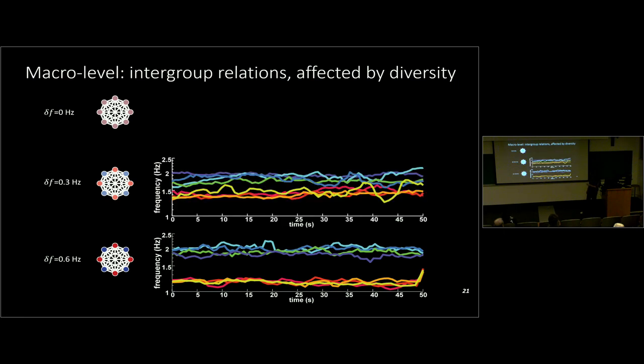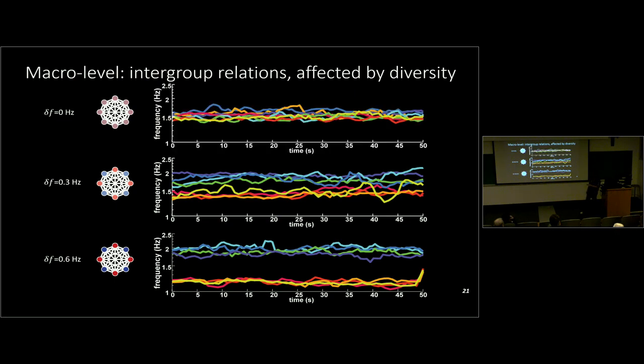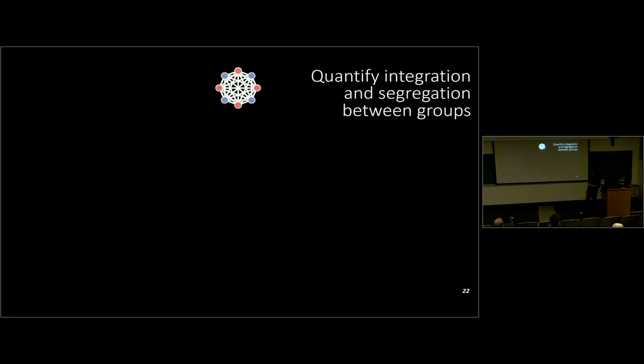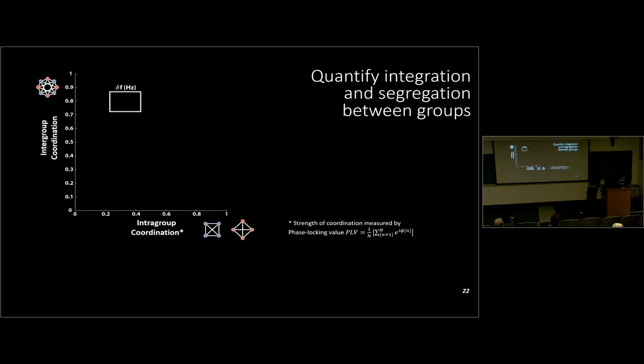Well, if we decrease the difference between the 2 groups, you can still see there is one group at higher frequency, the other group at lower frequency, but there is much more interaction between them. And at lower still, if there is no frequency difference that I input into the system, they just form one supergroup. To quantify this, I studied a relation between all the dyadic couplings within groups and how it relates to